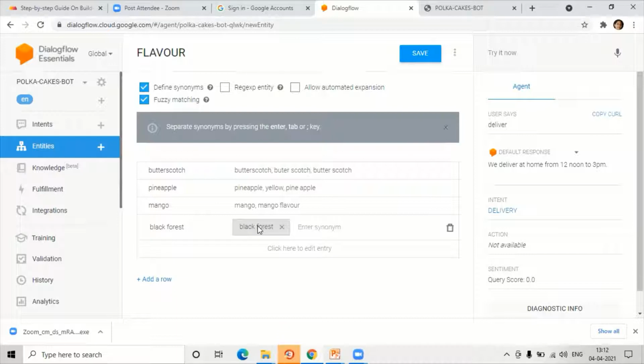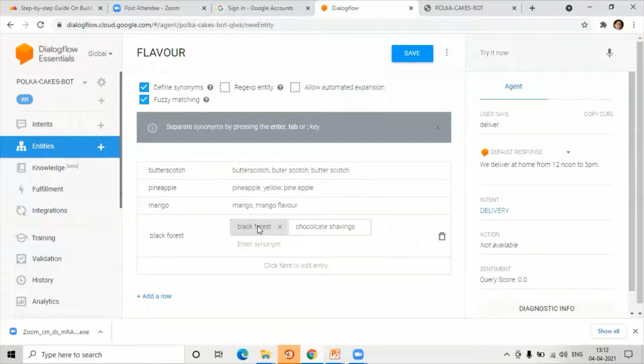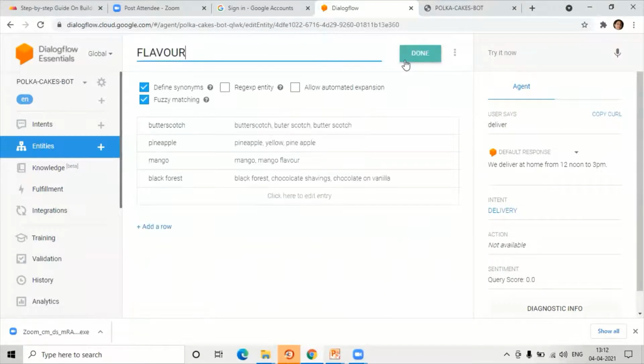Here some may call it chocolate shaving, or chocolate on vanilla. People can type anything. So these are the four types of flavors that I have in my flavor entity, and I've defined the synonyms for them. It is important that you define the synonyms. Now I click on save, and the second entity I want to create is for the topping.